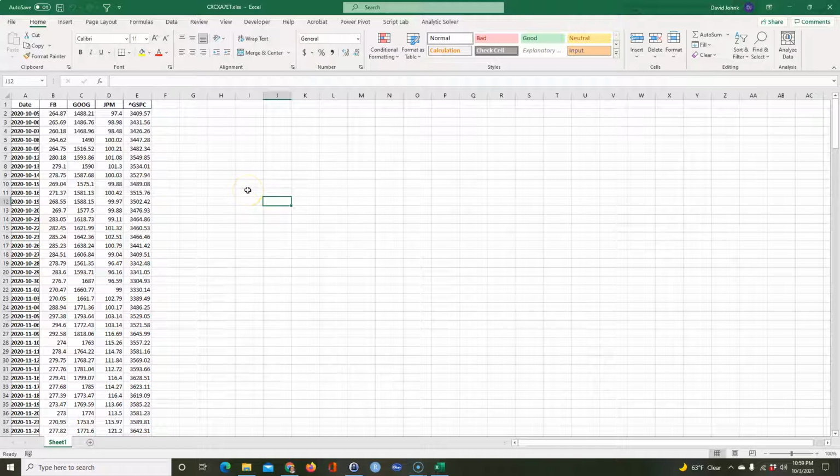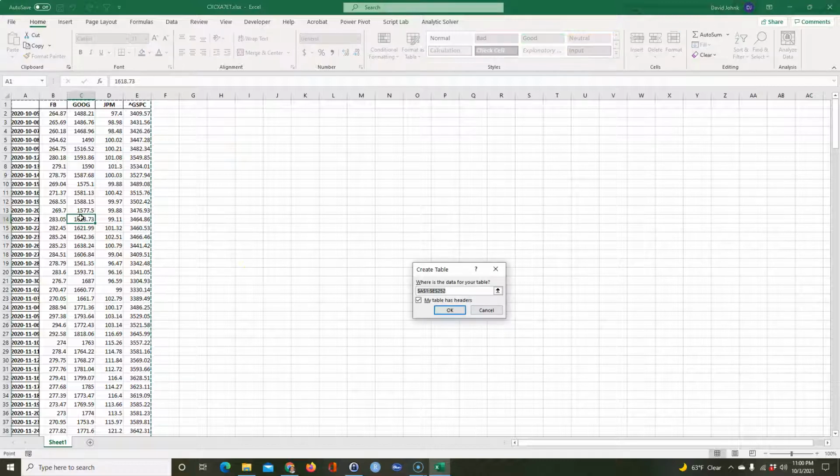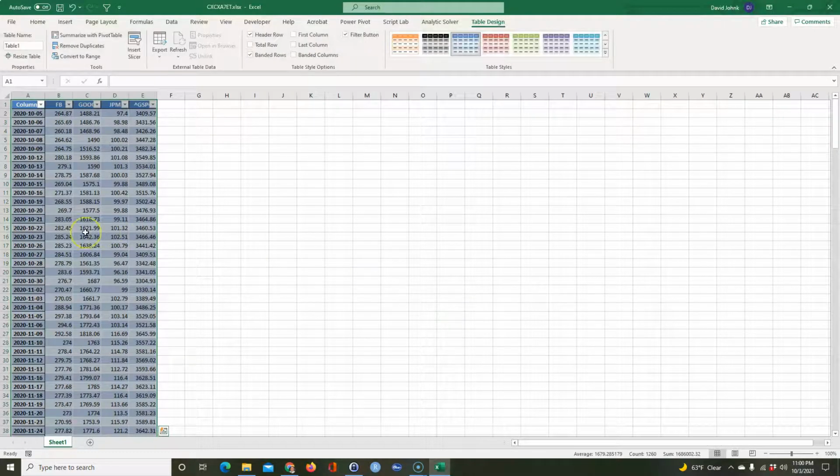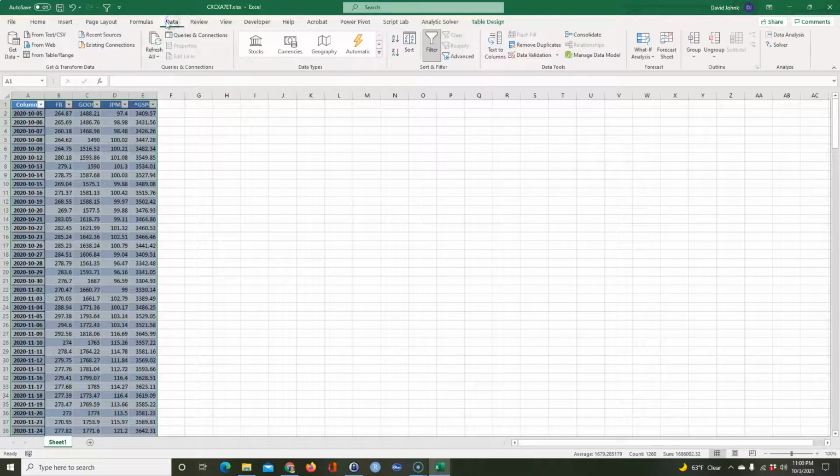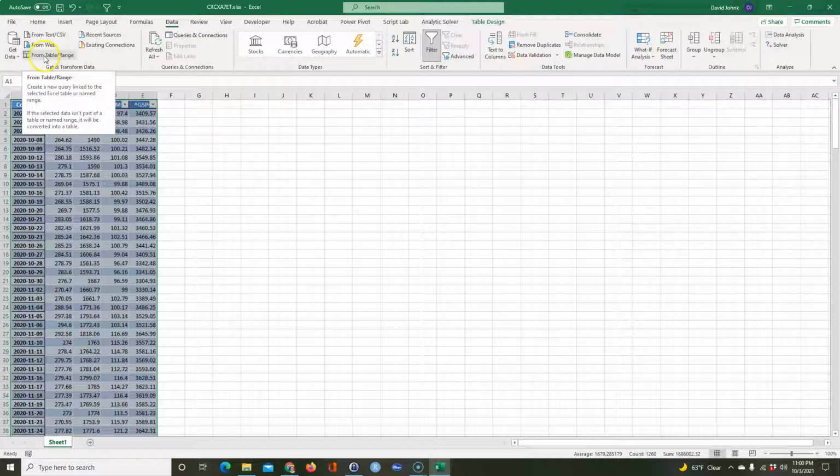and what we'll do is get rid of the date here, and what I'll do is I'm going to convert this to a table because it's making it easier, so I'm going to go Control T and go OK. And then what we can do, you can go to Data and load the data from the table,